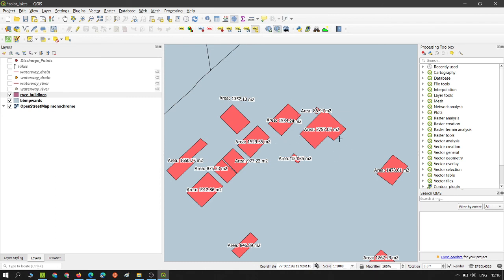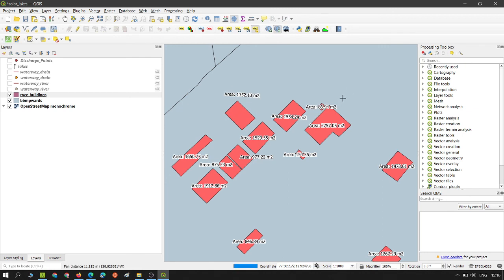So this is a bug, I think, or maybe I'm doing something wrong. Let me know if there is any way to solve it, or if I am doing something wrong. Yeah, so that's it about label positioning and all the feature attributes related to it.